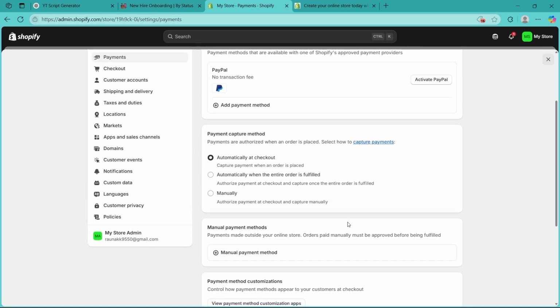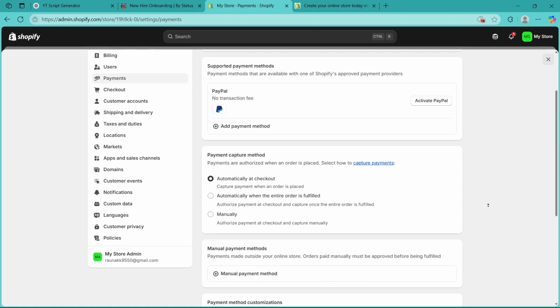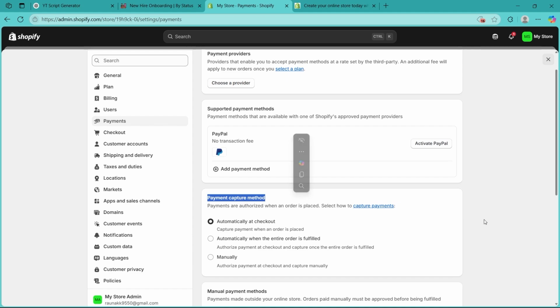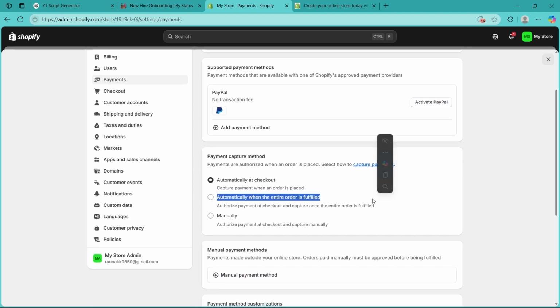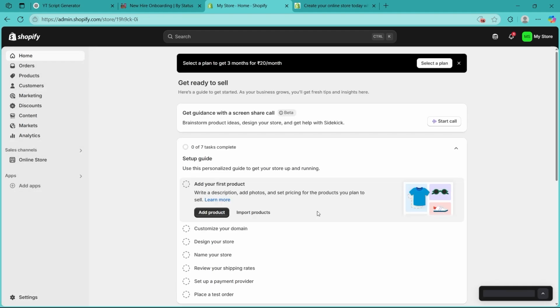Now, you can also click on add manual payment method and choose whether you want to add a bank deposit, money order or cash on delivery method. You can also choose the payment capture method, whether you want it to be automatically at checkout, automatically when the entire order is fulfilled, or manually. After you do this, you would have successfully set up your